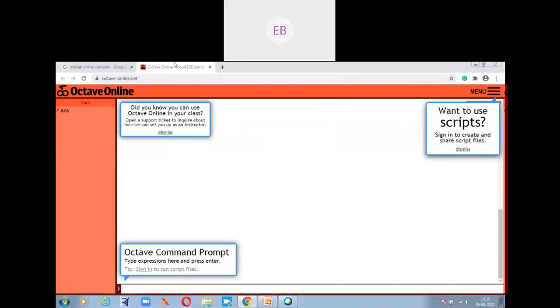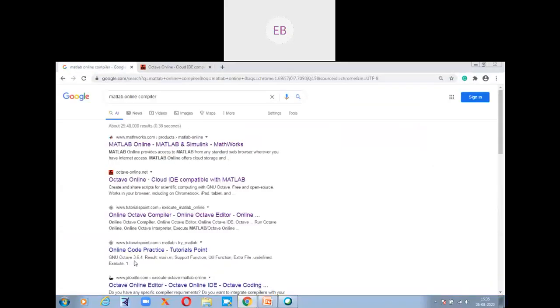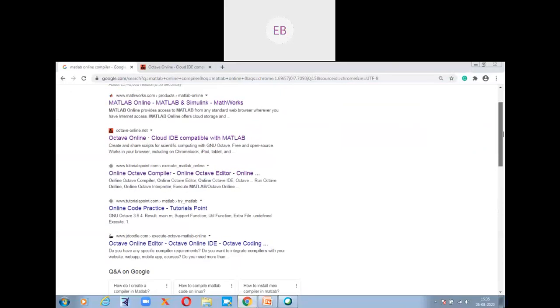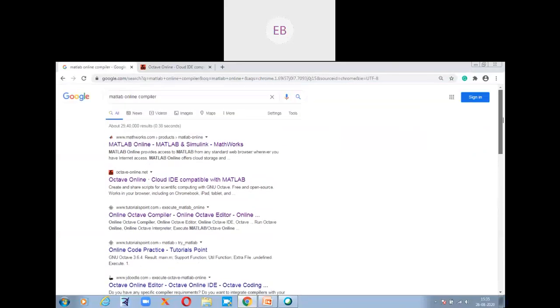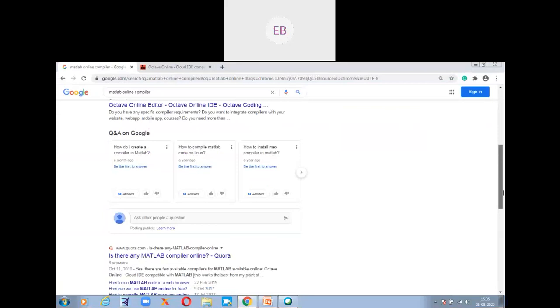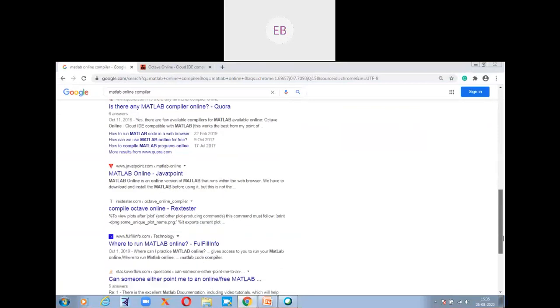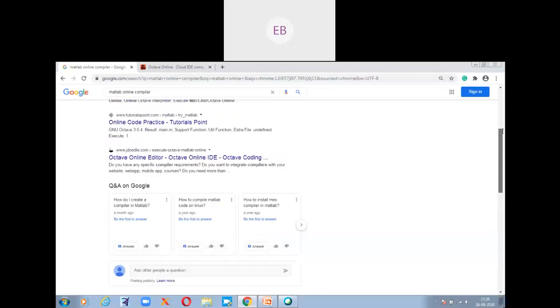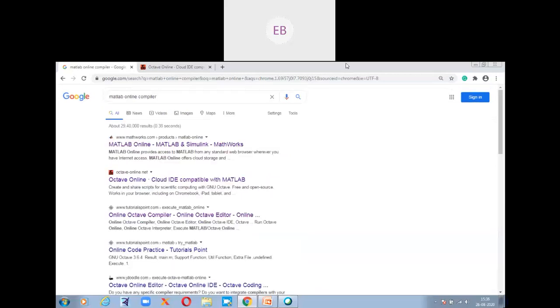It is compatible with my system. Okay, just check it online, so many compilers are there. Even Tutorialspoint, you see, Tutorialspoint also allows you to use this online. I don't know, I think you have to log into MATLAB, then maybe you can use it. So many are there, so just check it once. I'll give you the program today, I'll explain the program, and then you can type the program in that console.